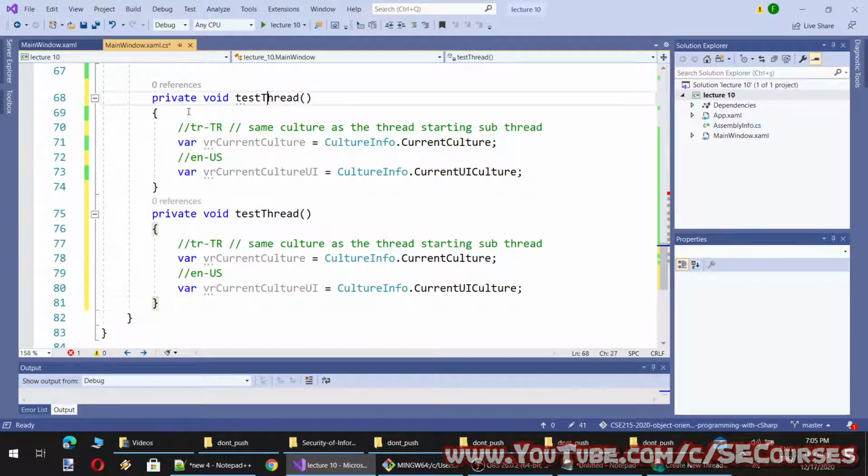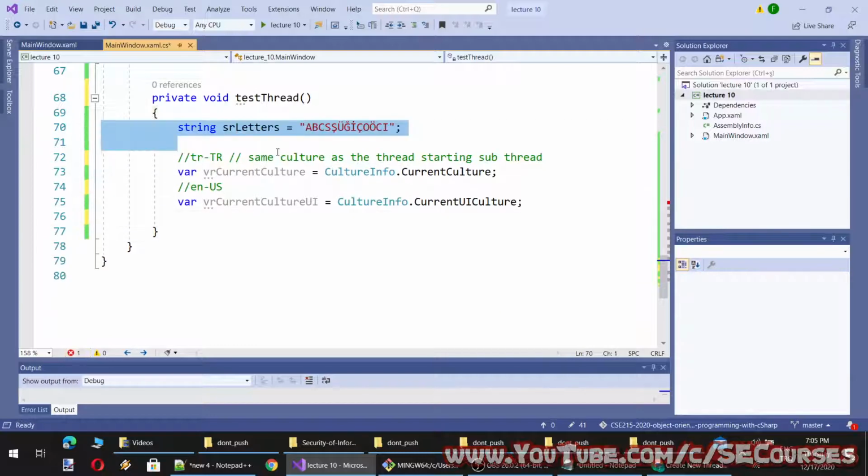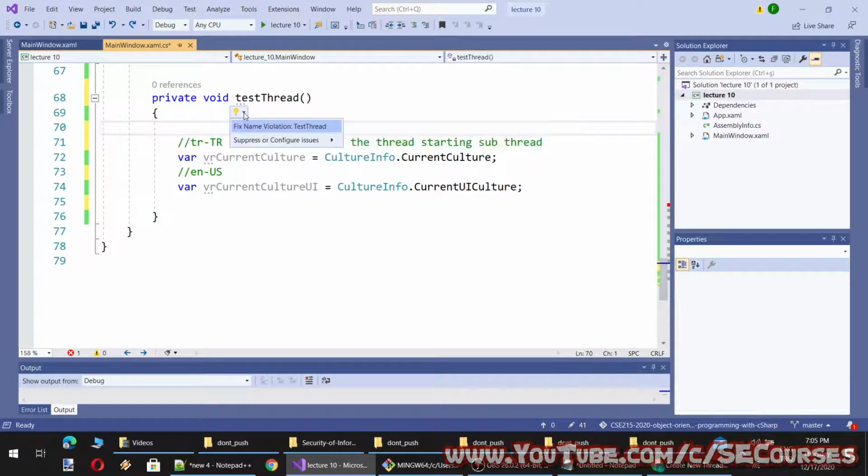By the way, when I have renamed this, it will tell me to fix the naming.